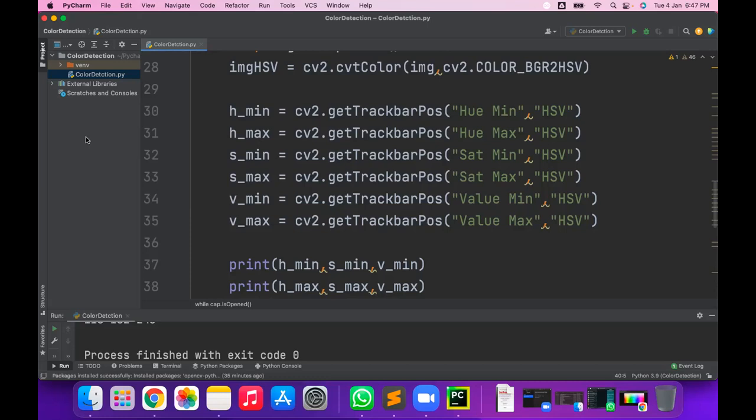And using the H max, S max and the V max, we will get the upper bound of the HSV values, because we want both, upper and lower. Once you get these, tell me.